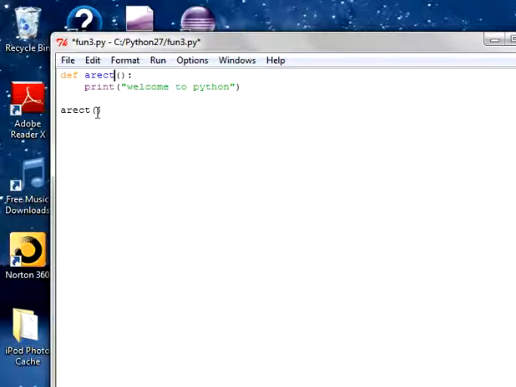What I want to do is calculate the area of a rectangle. So I need to pass 2 parameters inside this. If I'm passing the 2 parameters, I need 2 variables to hold the values of the parameters. So length and breadth. How are we going to calculate the area of a rectangle? Area is equal to length into breadth. So length, breadth. I will delete this statement. I'm going to take one more variable, a, length multiplied with breadth.